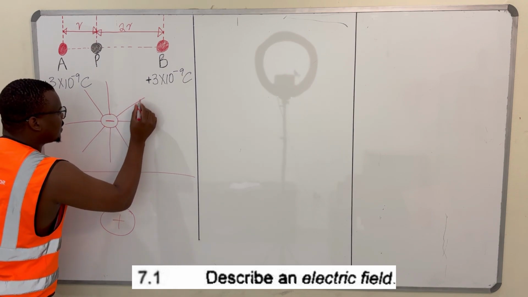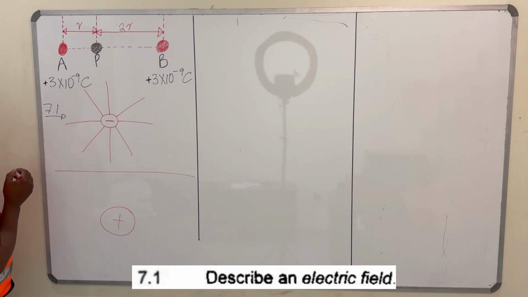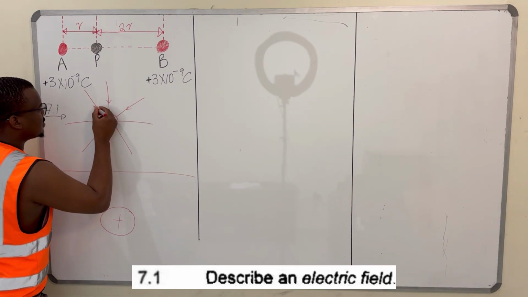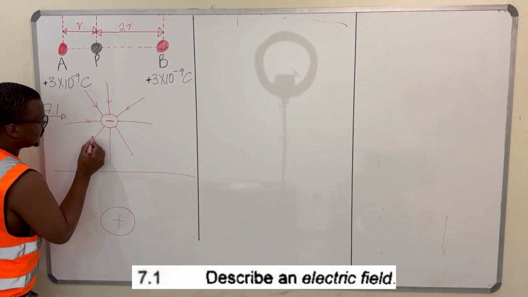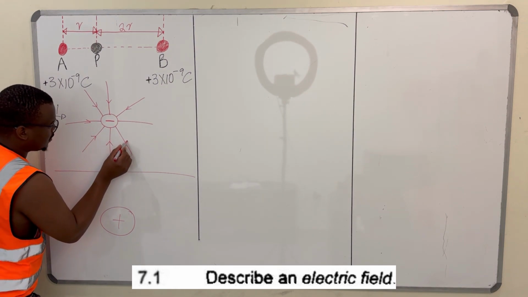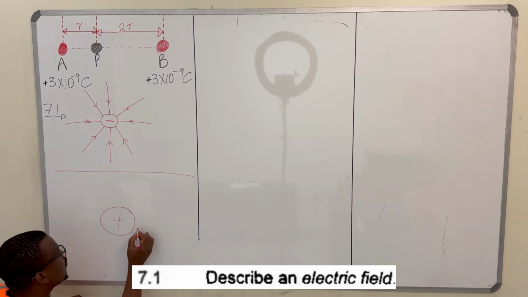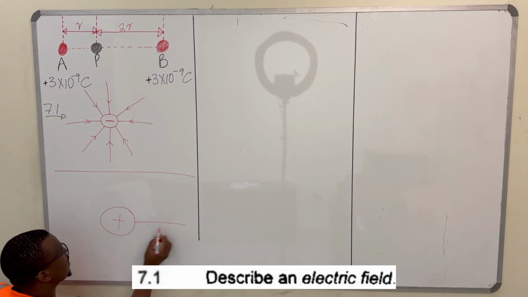A lot of them look like this. They are similar to this. And the field lines are going inside towards the charge itself. The electric field lines have this orientation. And a positive charge, you know, similar to this, if it's just sitting by itself,